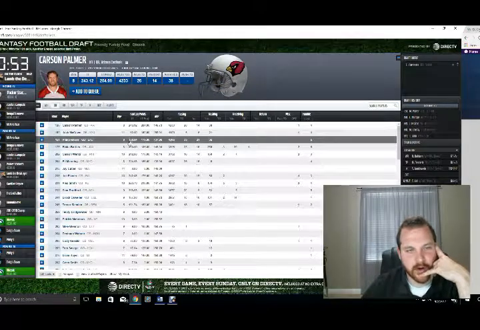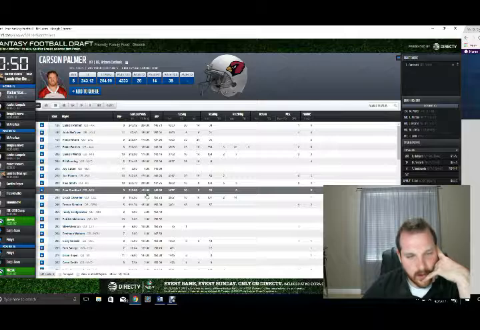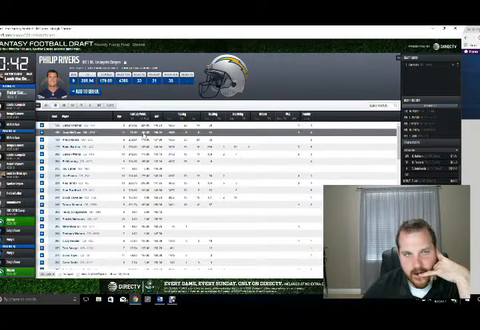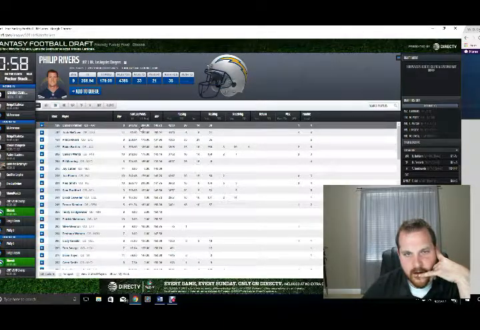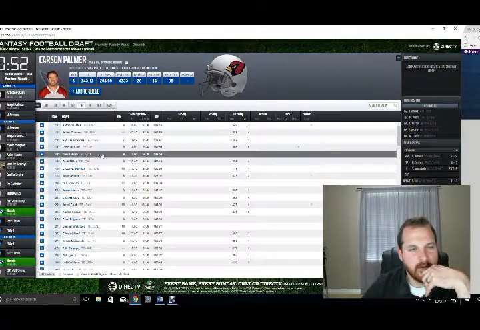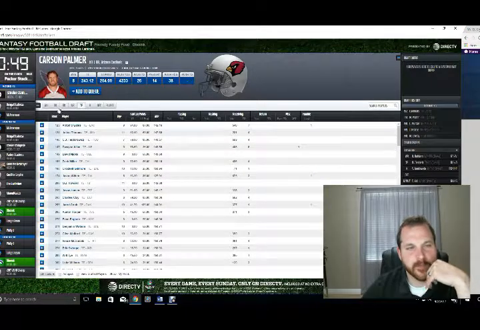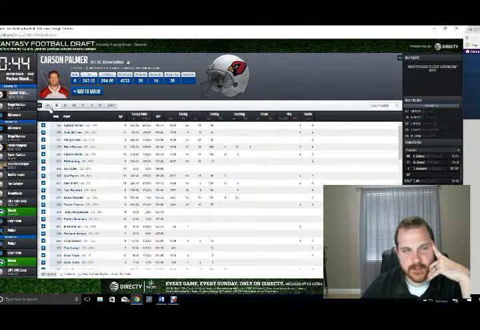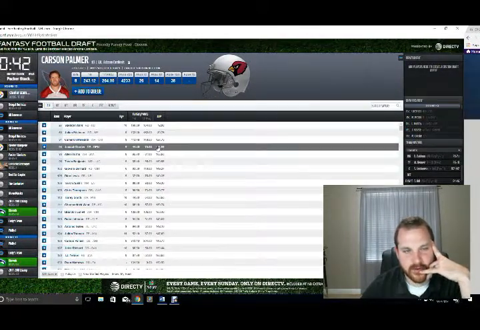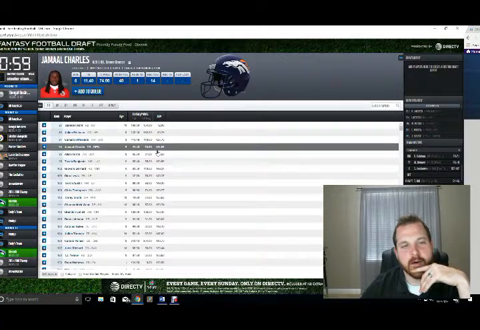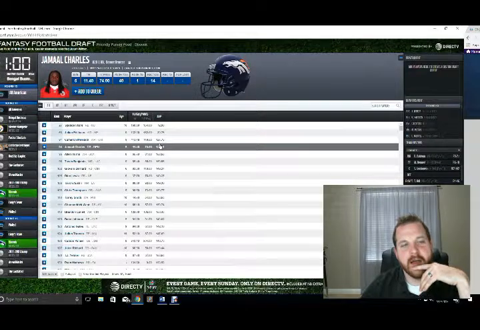And Carson Palmer. And then what do we got for tight ends? Nothing too exciting. So then I'm going to pull a backup quarterback here. Jamaal Charles has potential if C.J. Anderson can't step up, but